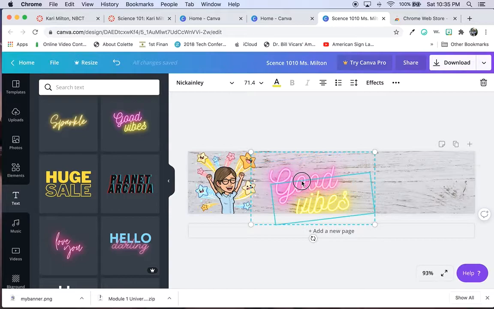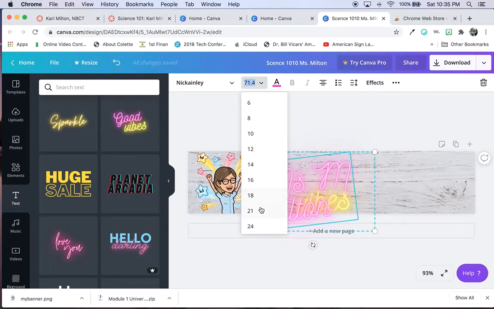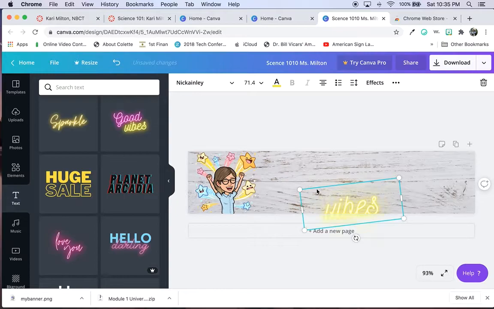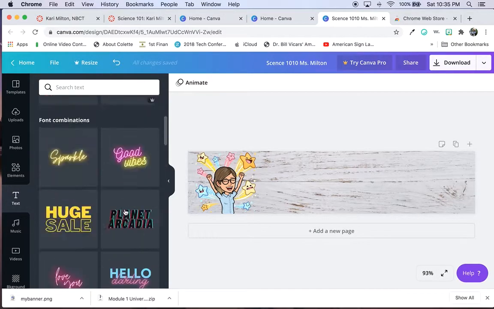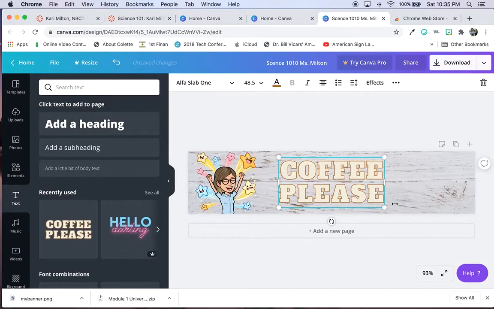I'm having a hard time. Yeah, you'd have to play with the size here. So if it doesn't fit, I could easily just change it up, which looks pretty cool. I don't like that one actually. So you can use these to choose something that you like. I'm going to go with coffee because I've already used it before and it worked last time I did this as an example. So I could just click on it, it'll appear,